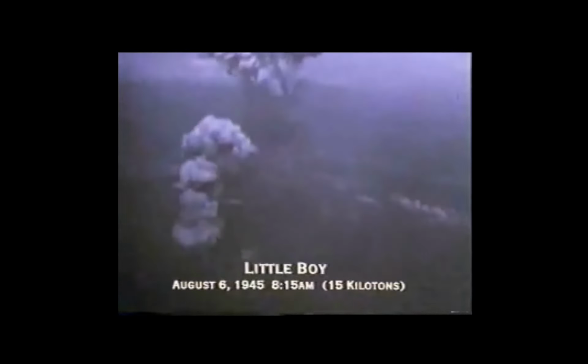What we're looking at here takes us back to the end of World War II, and you just saw one of the first of 2 nuclear weapons that were used on Japan. Now, this is an integral and important part of world history. But here we are on August 6th, seeing a 15-kiloton nuclear bomb called Little Boy dropped in Japan. And just a few days later, here's the second of these 2 bombs. Now, this particular bomb called Fat Man was a 21-kiloton bomb.